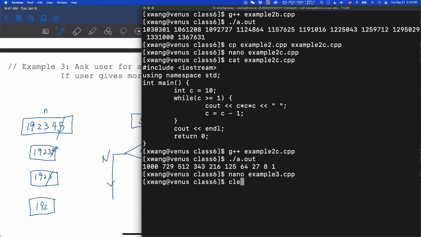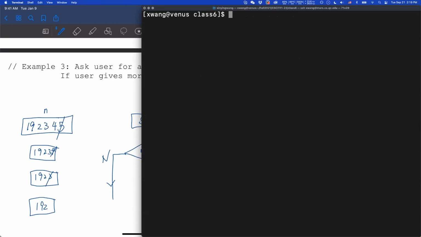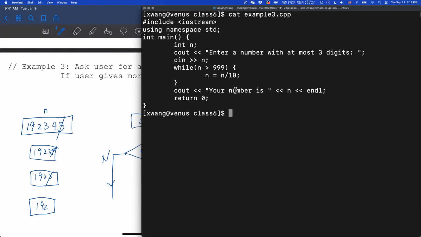Wait, Professor, I have a question. Towards the end of the code, what does the n divided by 10 really do? Is that for if it's less than 3 digits? Okay, if you look at the code here, if it goes into the loop, it will get rid of the last digit for you.